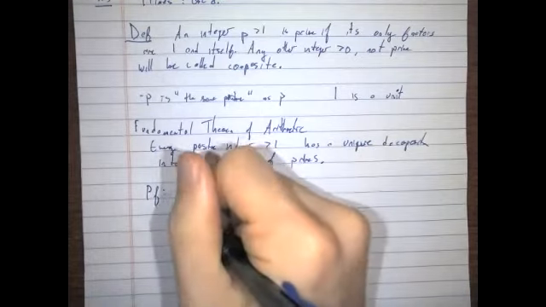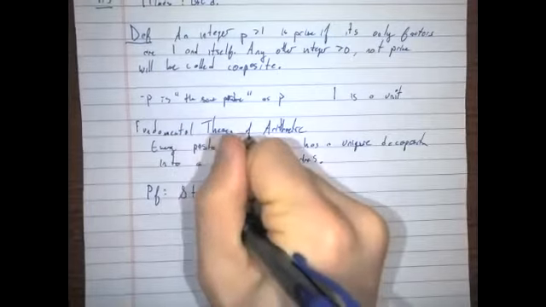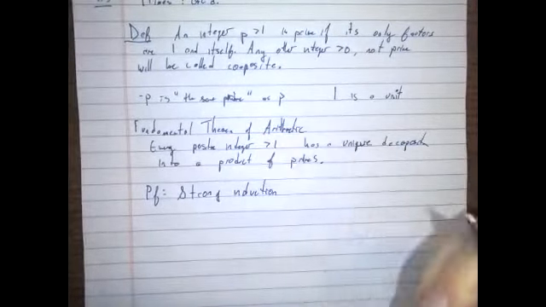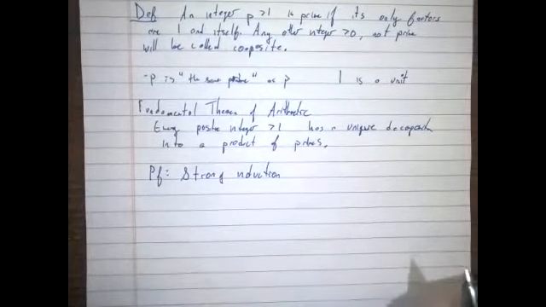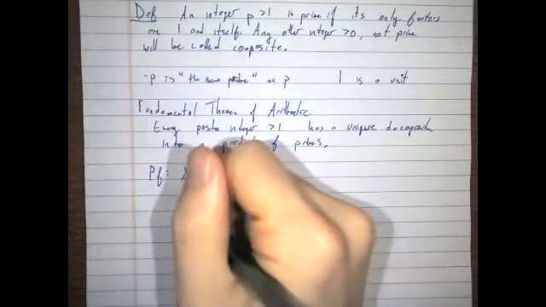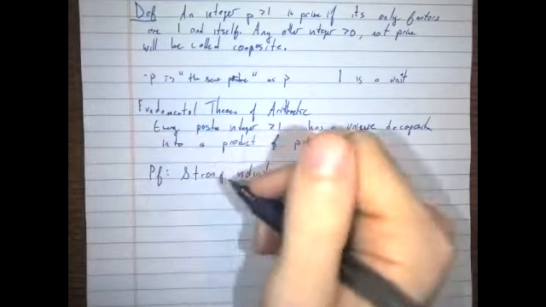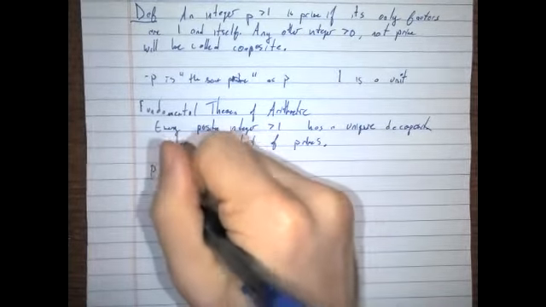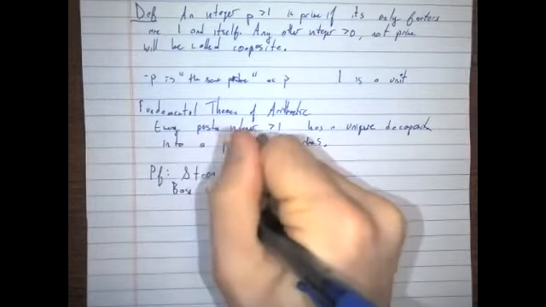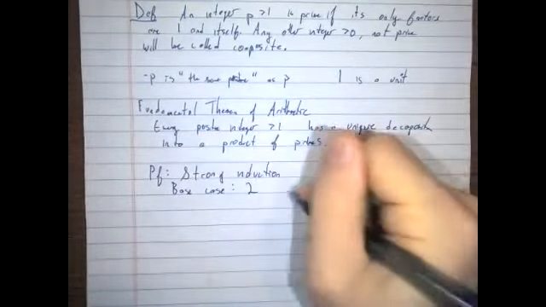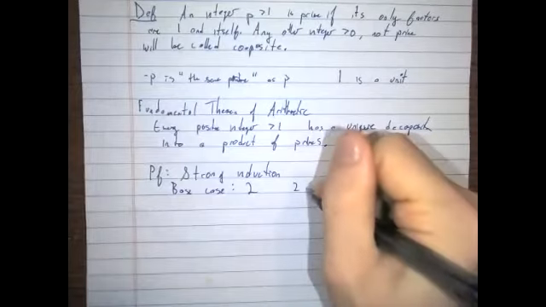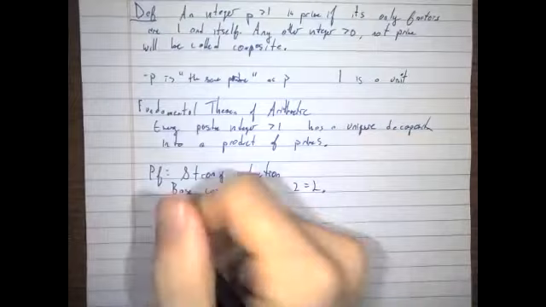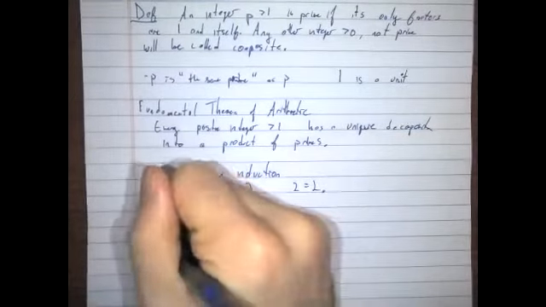The proof uses strong induction. Just for a quick sketch, I won't reprove the whole thing, but the idea is you start off by showing a base case, namely P of 2. So the base case is 2, and 2 is a product of primes, namely 2 is equal to 2. This is a product of primes. Then the inductive case,